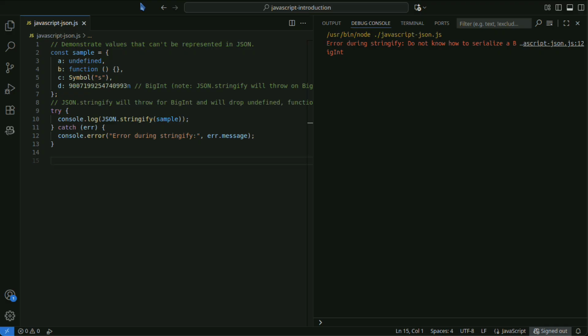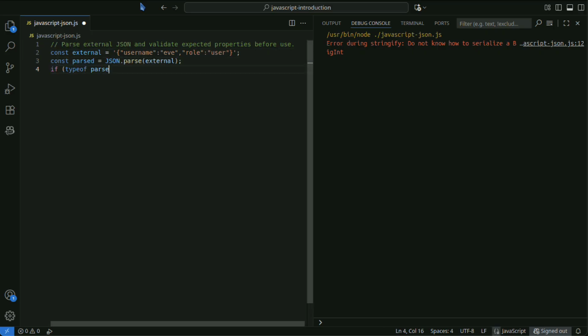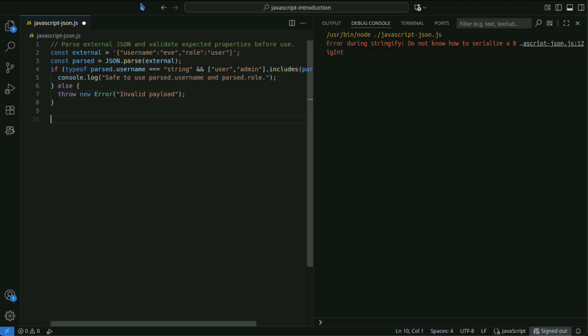JSON.parse itself is safe and considered safer than eval, but it is dangerous to trust the parsed object and use it directly for property access or database queries. Always validate and check that the data conforms to the expected schema. For input validation, schema validation using libraries such as AJV is robust.